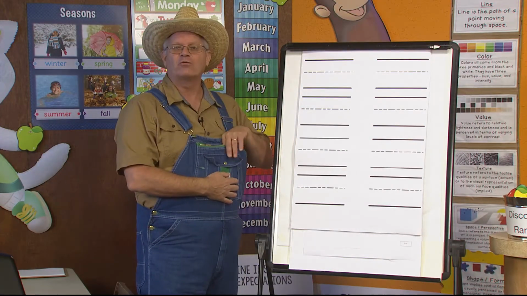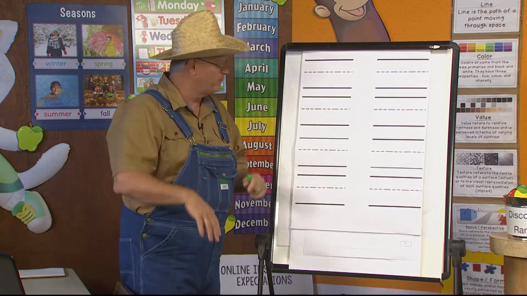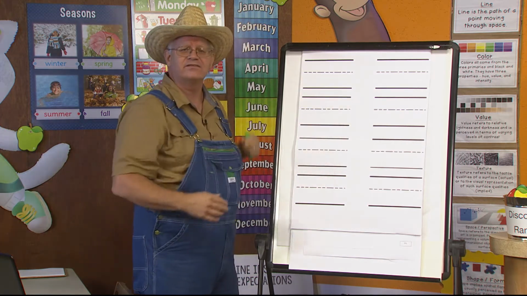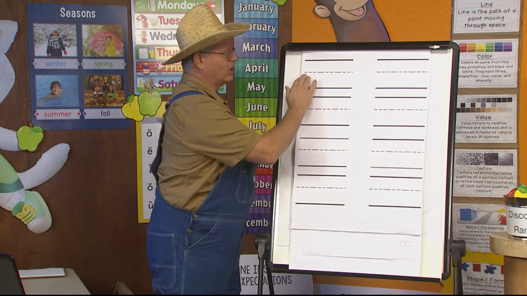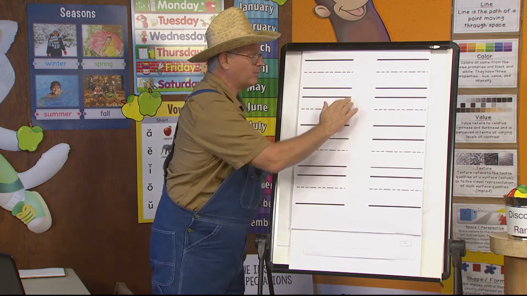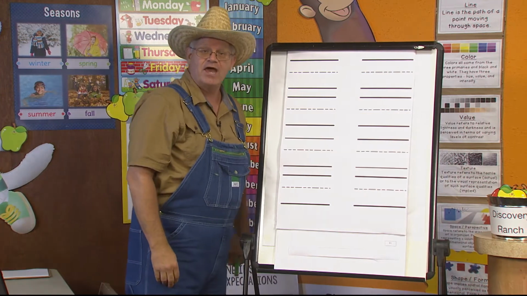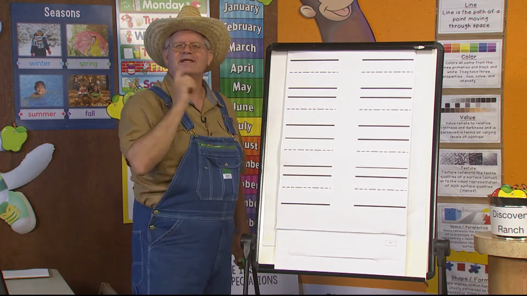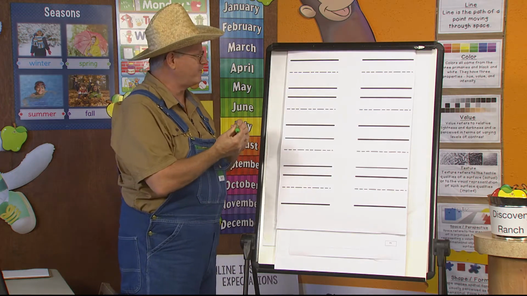We should discover how to write it. Do you remember last week and the weeks before, I told you about these lines and how they help me write the letter. I have a solid top line, a dotted middle line, and a solid bottom line, and those are going to help me write the letter. F has the uppercase and the lowercase. Right now, we're going to learn how to do the uppercase F.